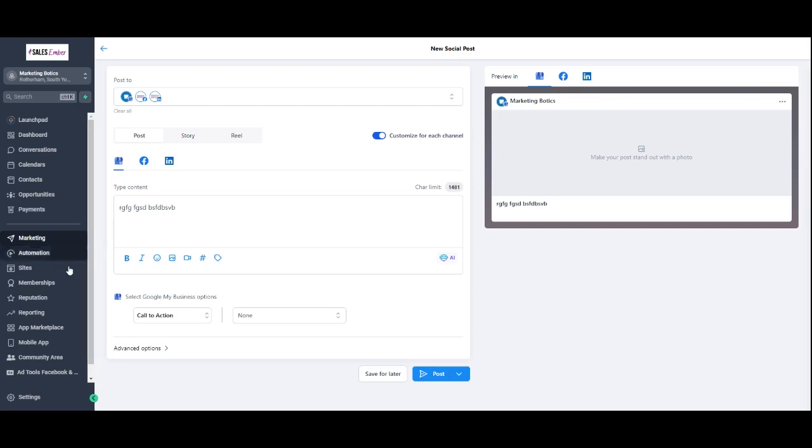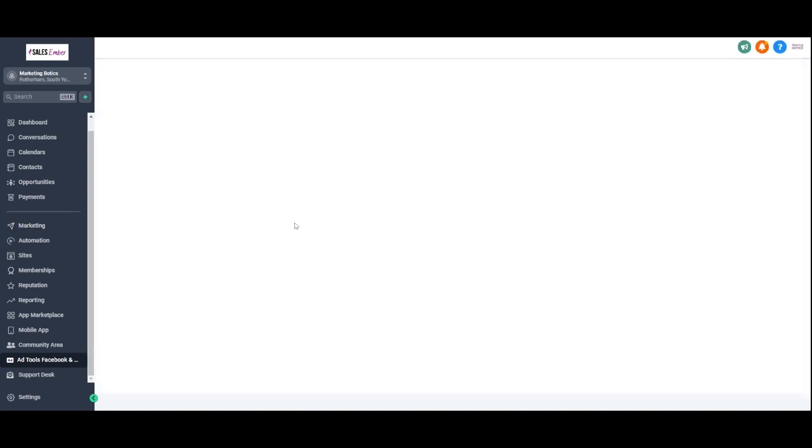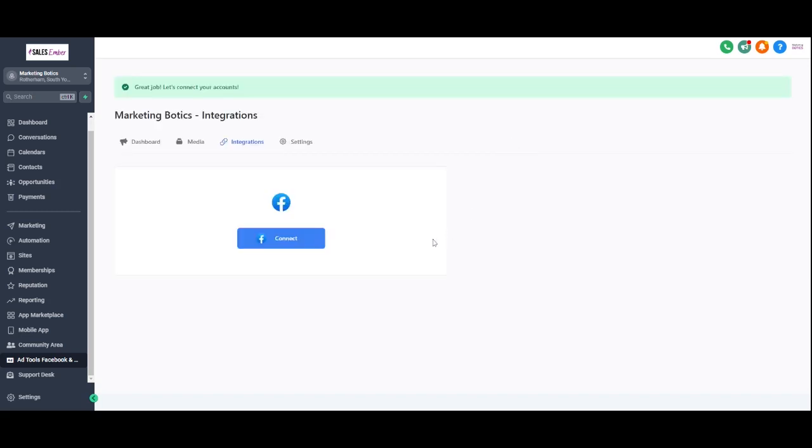Now, the other one that you've got here that we have in Sales Ember is ad tools for Facebook and Google, just here. And what this allows me to do is create Facebook ads directly in here. And what's good about this system, and this system, we use UpX. So we've got UpX tied in. And what it allows me to do is create a company, create a thing. I connect my Facebook integration,